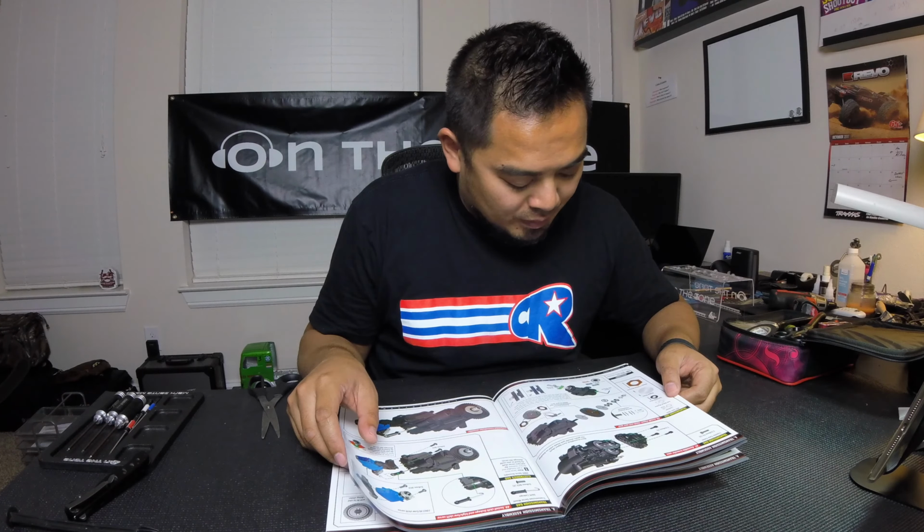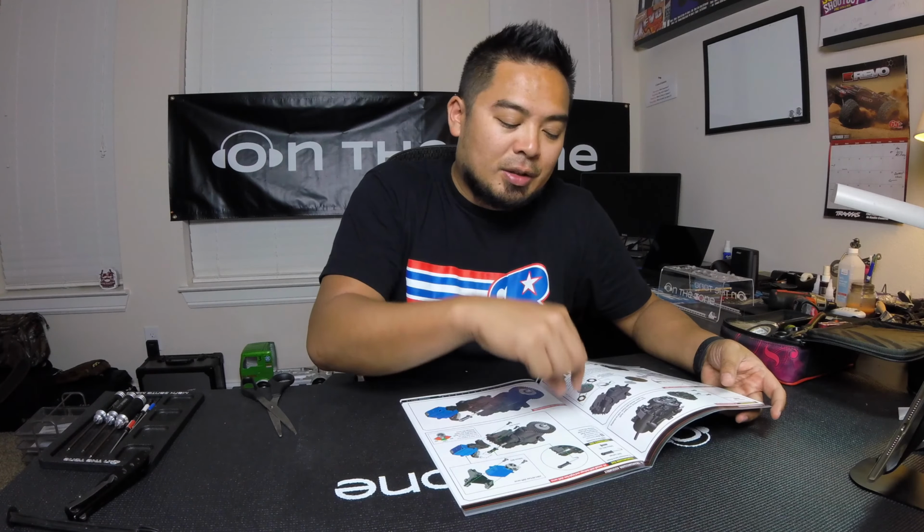Have you ever built a kit and you don't know what screws go where? I mean, they all kind of look the same size, and you're trying to measure them up. Most kits, the screws are actually the size, like their actual size in the picture, so you can use that. But this way, you know exactly what screw you're supposed to be using. That's pretty cool. Alright, I won't bore you with the details. I'm going to go ahead and get started. Alright, so